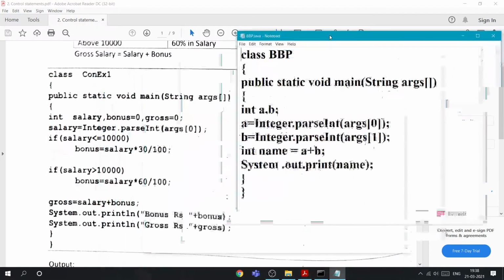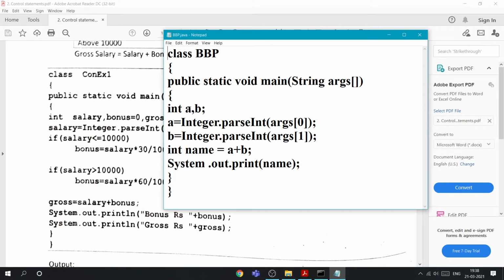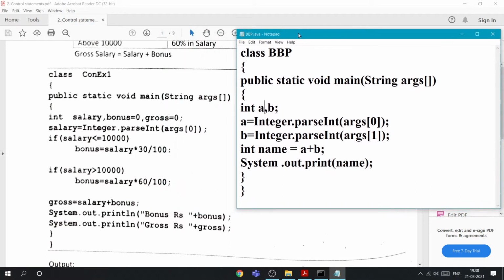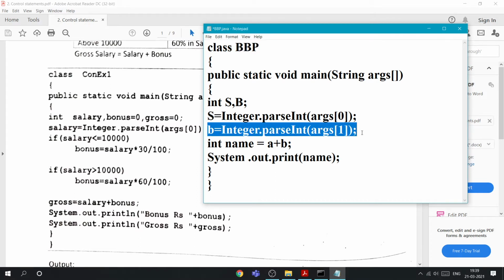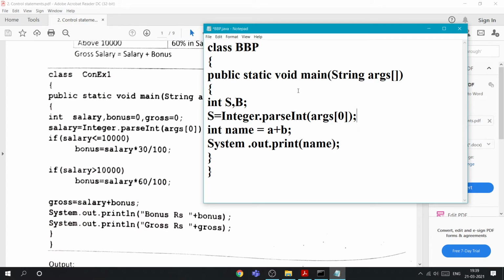I'm not writing the entire thing like salary and all, I'll just let you know how it works. So int a, let us take it so that we can understand. So s is salary, b is bonus. Salary is taken and bonus we need to calculate, right?